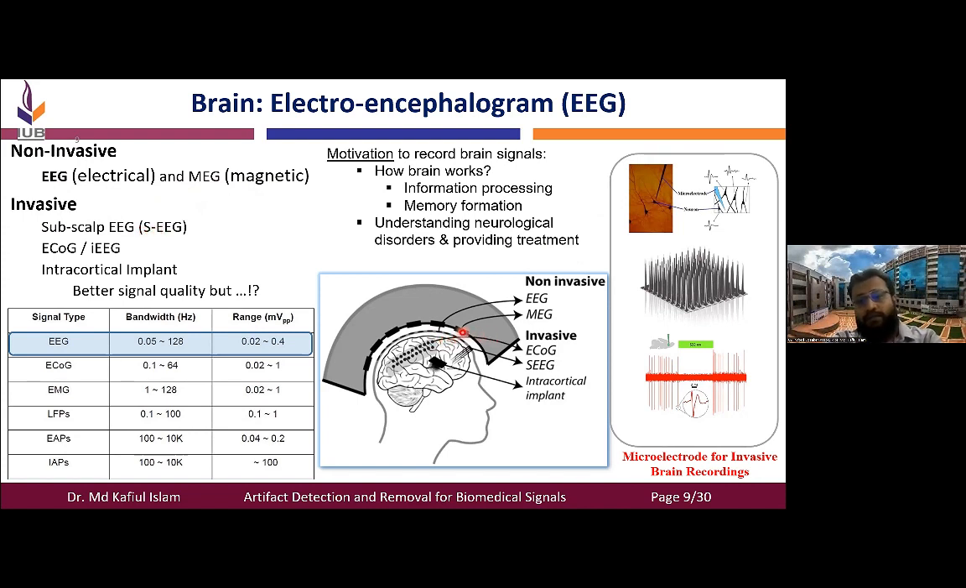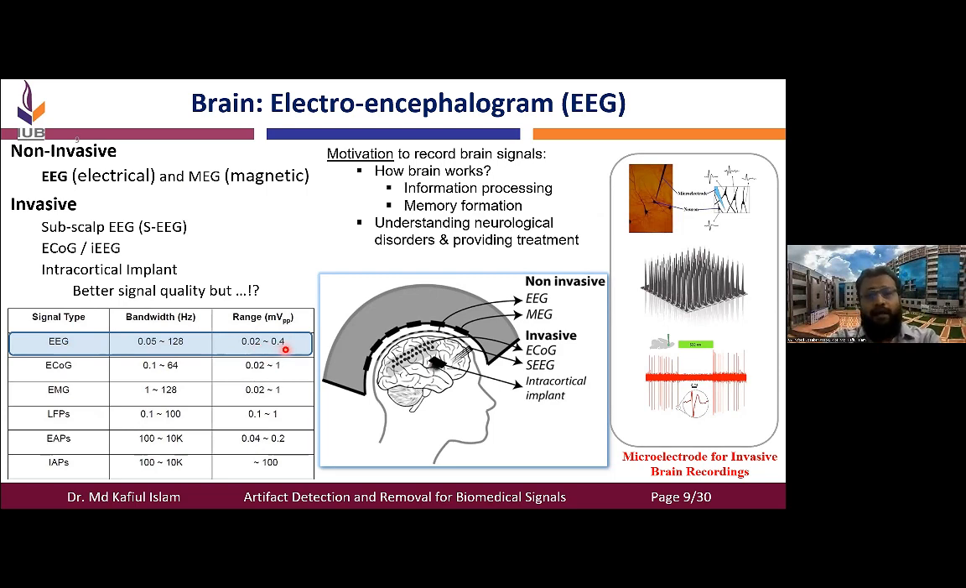So for example, the electrodes will be on top of your brain. If it is a semi-invasive technique, or the electrodes might be inside your brain, which is known as intracortical implant or ECoG. So you see that different types of brain recording signal have different bandwidth and different amplitude range. Among them, the scalp EEG, simply called EEG, has the lowest amplitude,